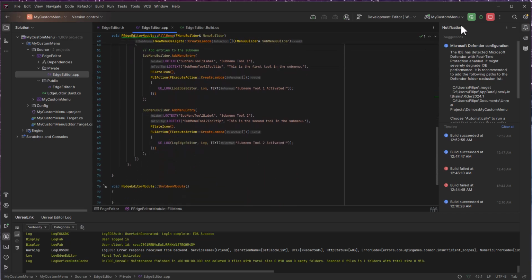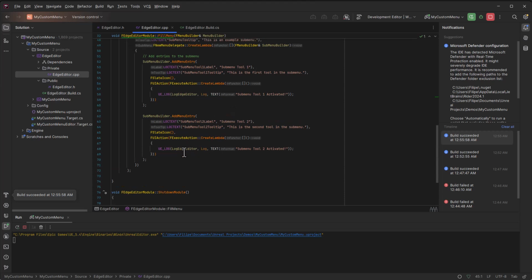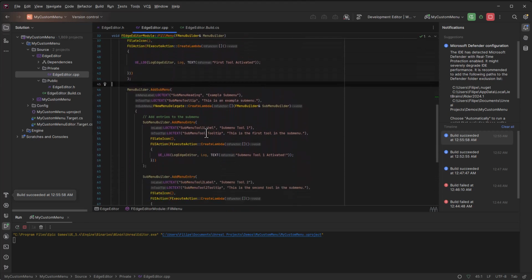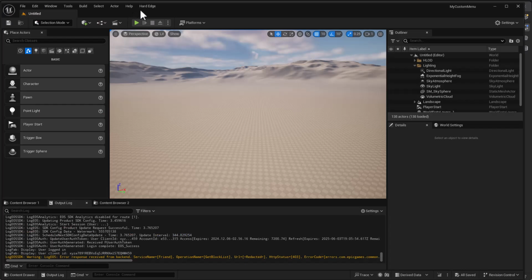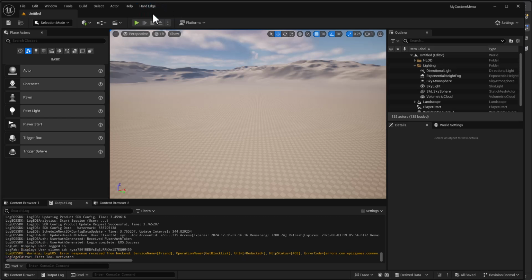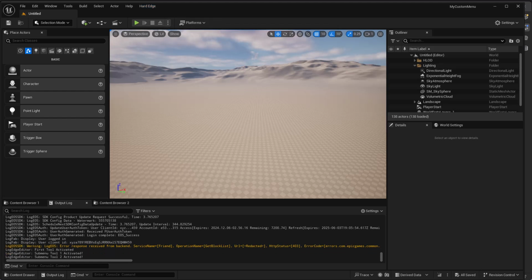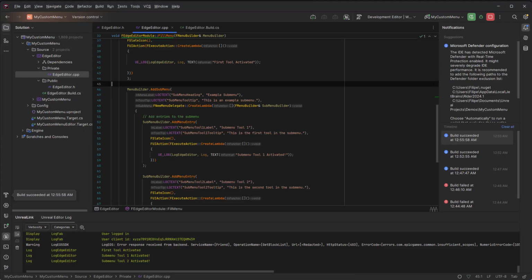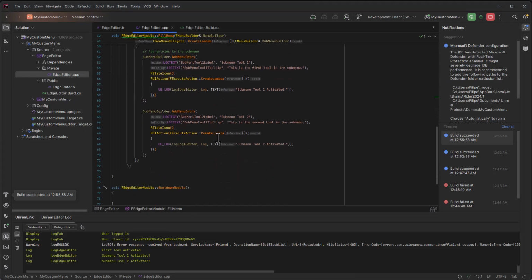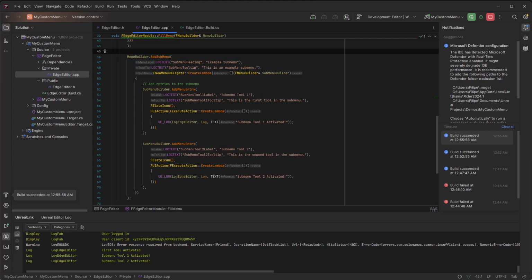And this will, in turn, create a basic menu with a submenu for us. And as you can see here, it's the same code, just duplicated over and over. And that's it. If you can see here, inside the editor, we've got a tool that we can click. We've got the example submenu with tools inside it, and those tools can both be clicked as well. How you modify this and how you extend this is completely up to you, and the world is your oyster